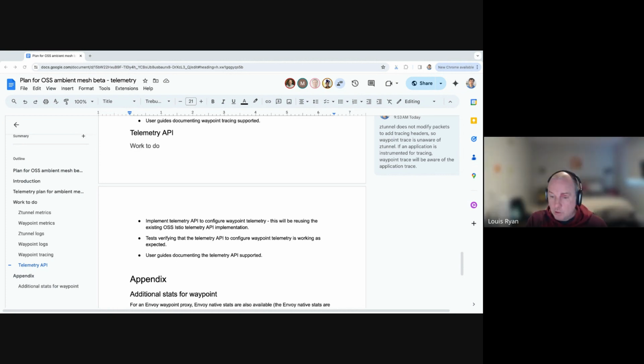Yeah, so I think ztunnel could probably report in its log, which is effectively a flow log, more information about the origin. I don't think we could do it in telemetry. Waypoint wouldn't go.